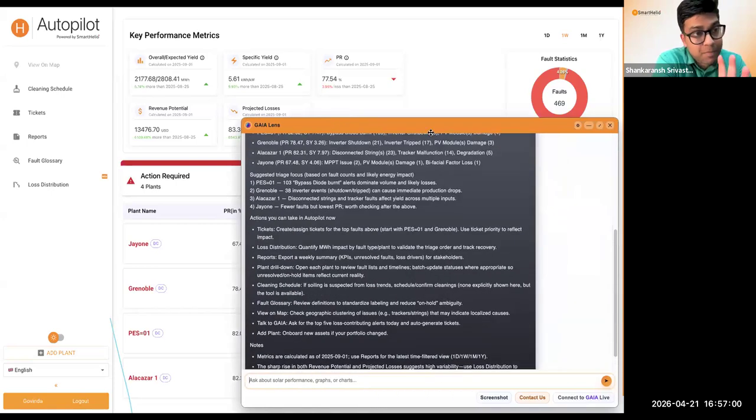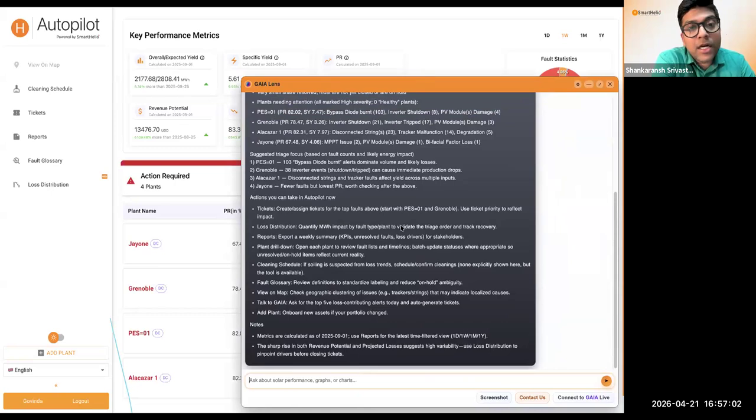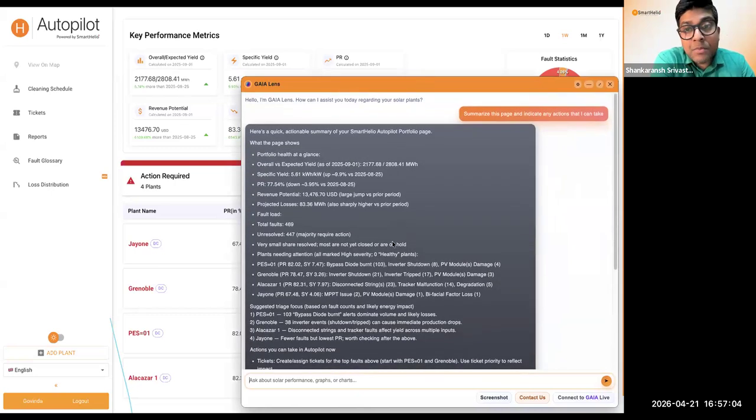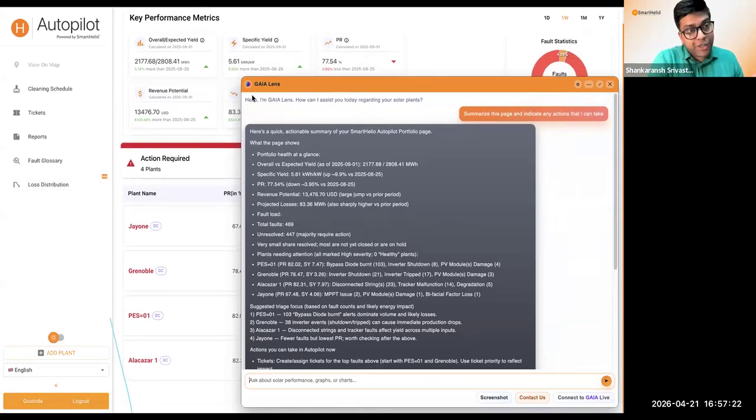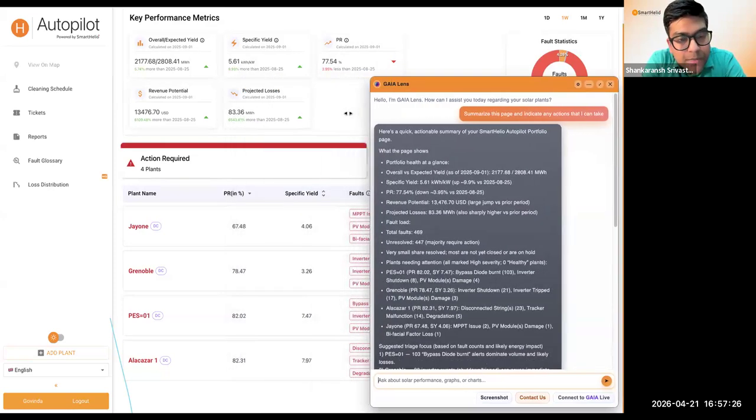Yeah, so I let you guys play with whatever you have, but just so you know what it did here: we are on a portfolio page, right? There are certain KPIs on the portfolio page. There are some plant names, their PRs, specific yield, and some of their most critical issues in those plants, right? So what GAIA Lens did was